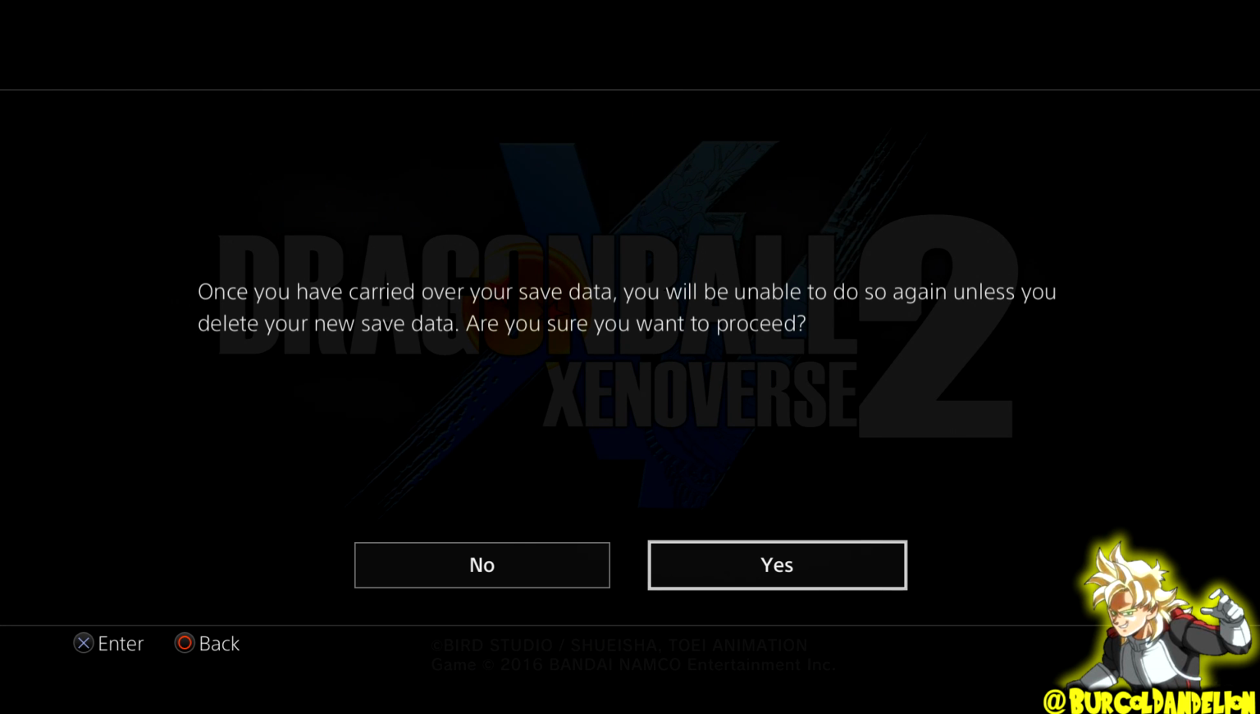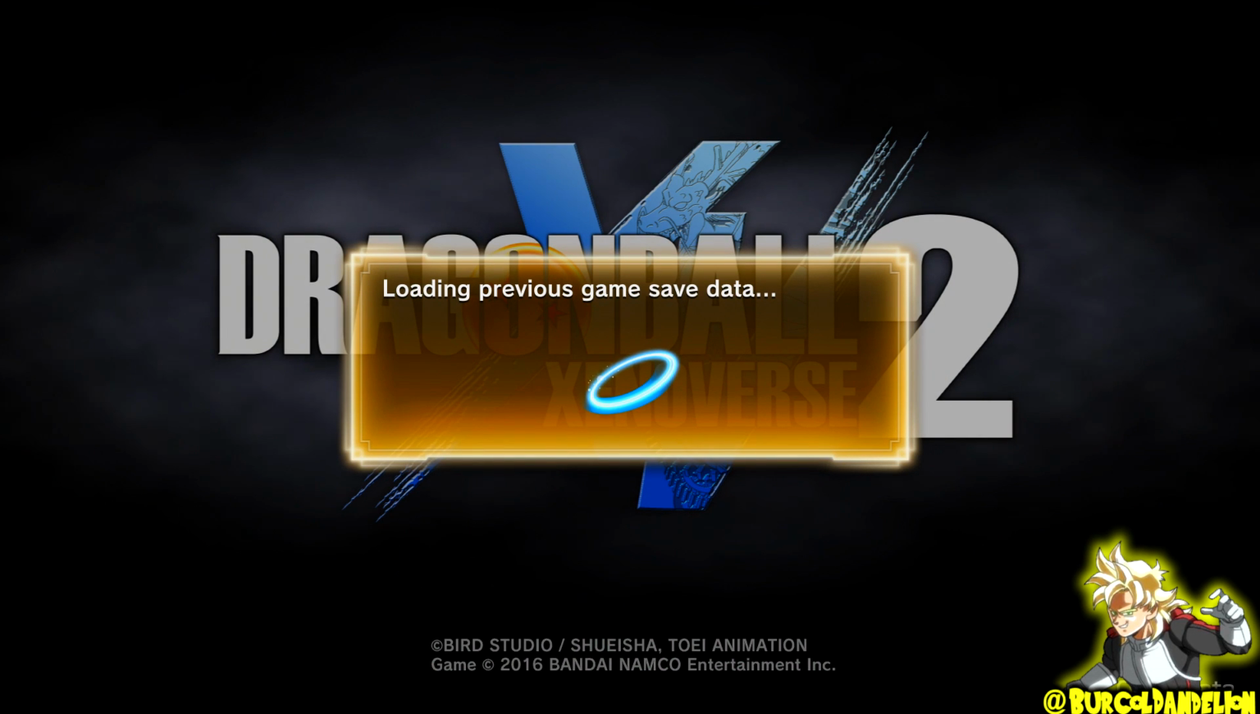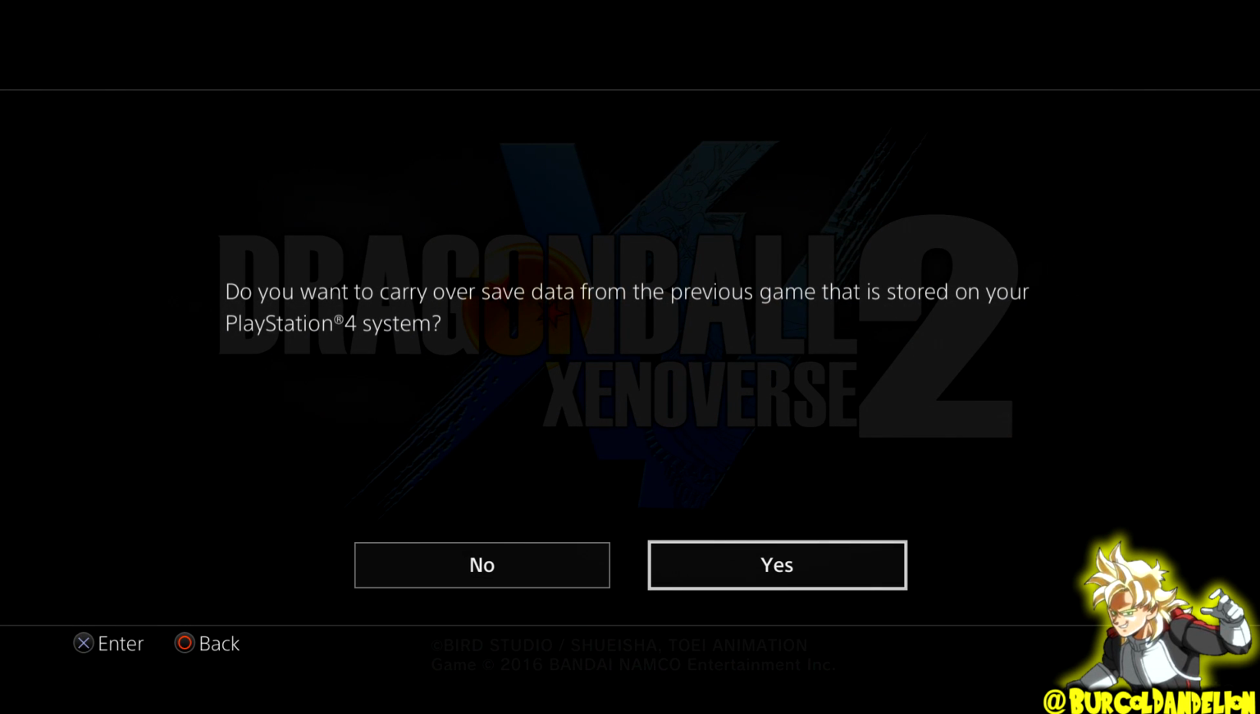And if you click no here when the full game is released, you would still have to delete your Xenoverse 2 save file if you want to go back and do the data transfer. Then after clicking OK, it will ask you if you want to carry over the saved data from the previous game that is stored on your PS4 system. Now I don't know if this means clicking no will transfer it over from your PS3, so I really can't answer that here, but I'm assuming if you click no, then it will ask if you want to transfer it